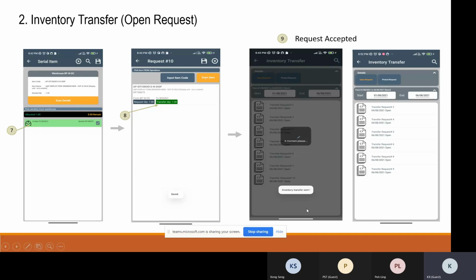That means the warehouse approves the inventory transfer request from the store seller, and then they can proceed, maybe collect the item and be on the way to deliver to the store seller. Okay, this is the open request. Okay, once they are done with all the actions,